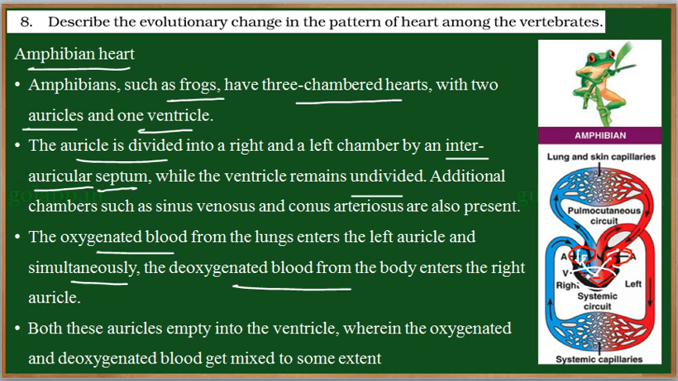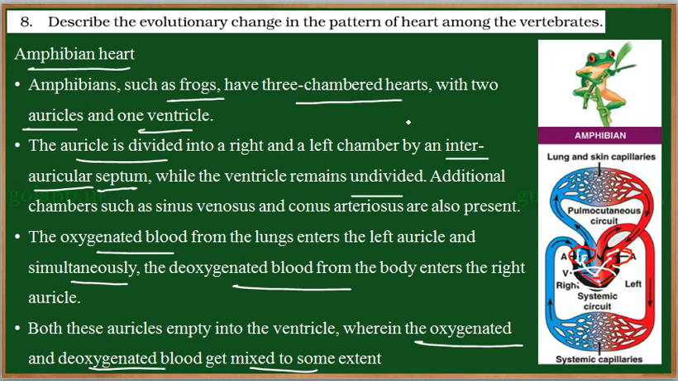So here, since oxygenated and deoxygenated blood enters into the ventricle and the ventricle is not divided, there will be mixing of oxygenated and deoxygenated blood, and this will be pumped further. So this is the drawback of the three-chambered heart. Such a kind of heart is not efficient in its circulation, and it is seen in